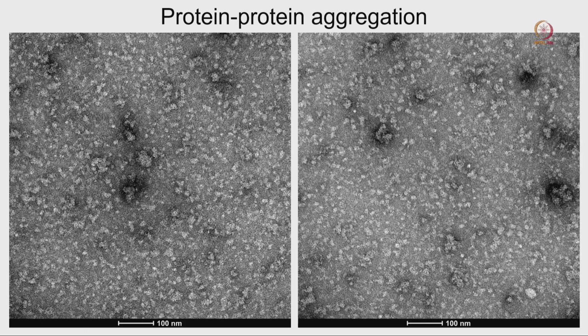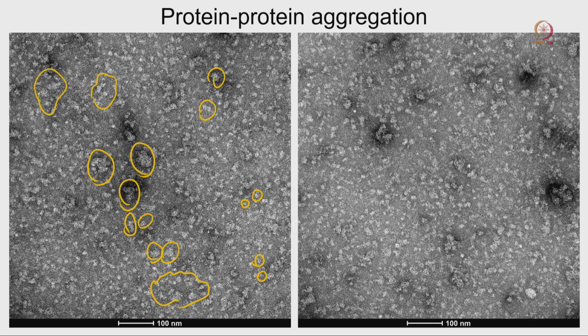Now come to the protein aggregation. This is another problem we are discussing. Here you can see there are some places, some molecules, where there is no definite shape. You can see many are clustering. Here again we are expecting this kind of circular protein molecules if we can isolate them, but here the concentration is high and the proteins most of the time are coming together and clustering. So this is basically protein aggregation.